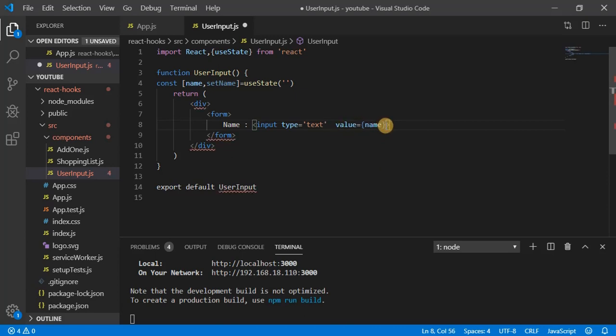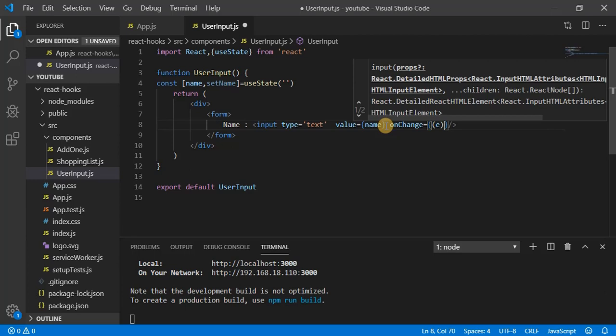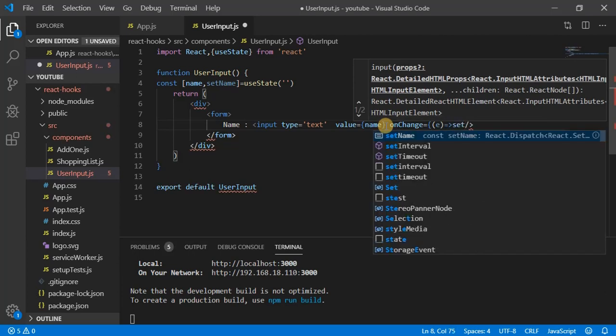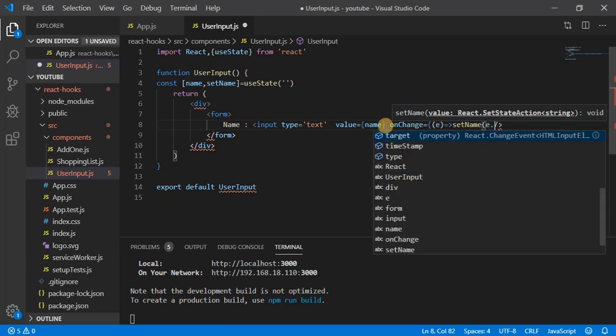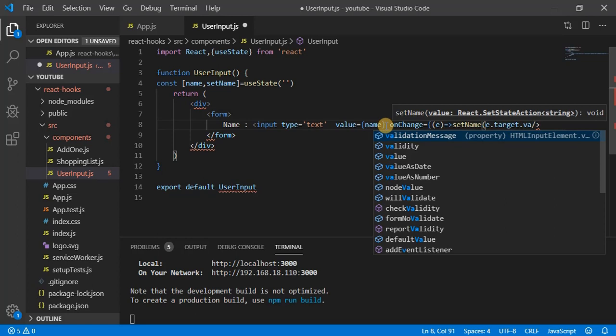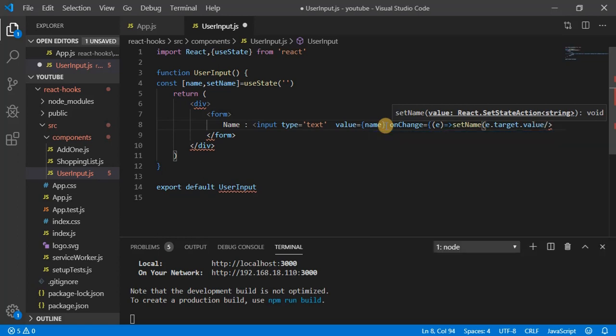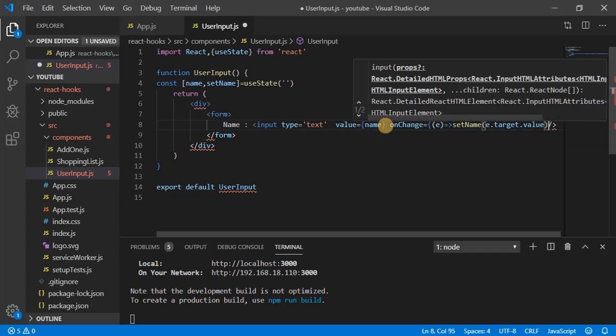Now I can write the onChange method to change the value. So let's write onChange. It will get the event and change the value using setName, so e.target.value. Close it. Okay, now it's fine.